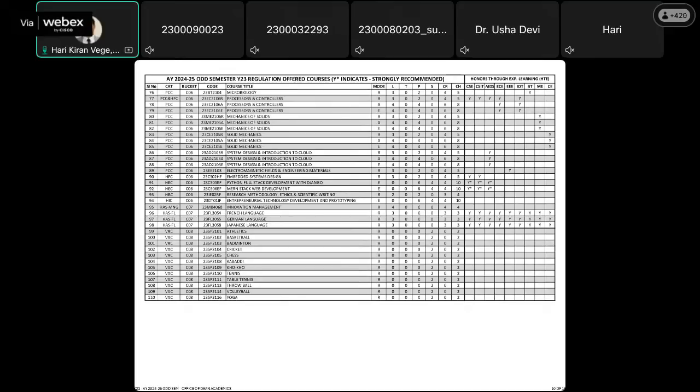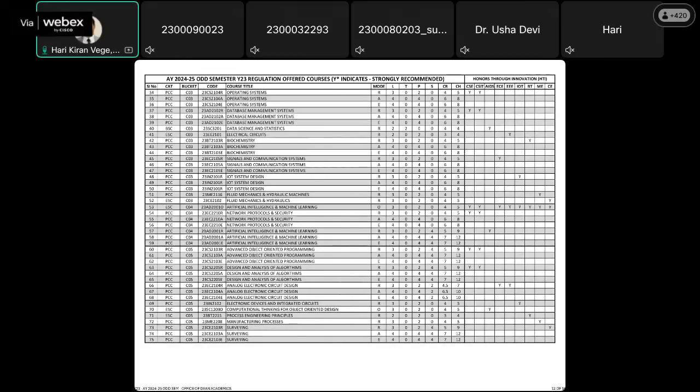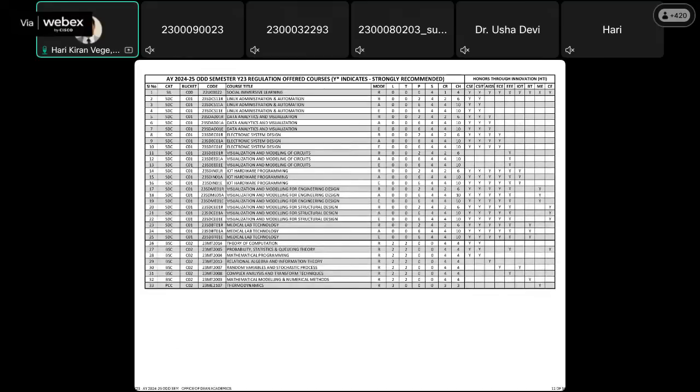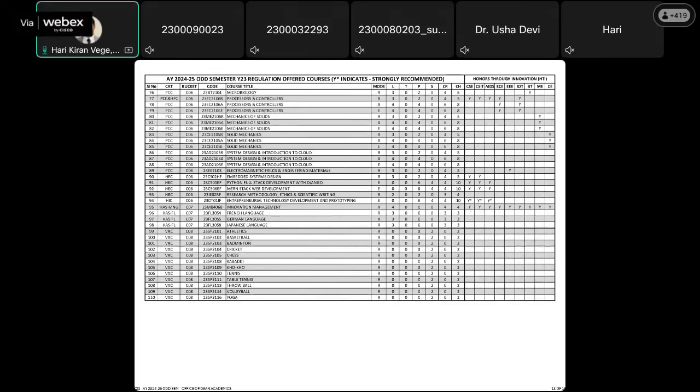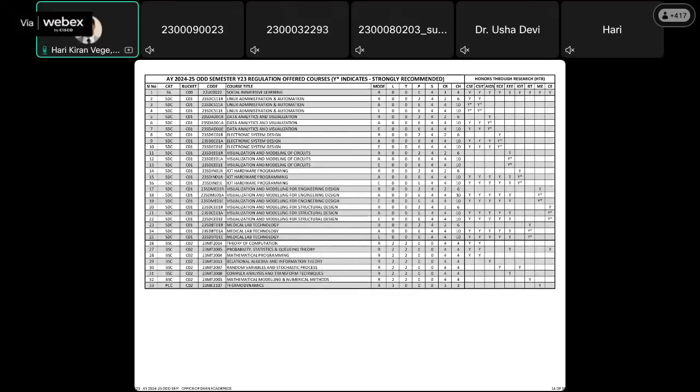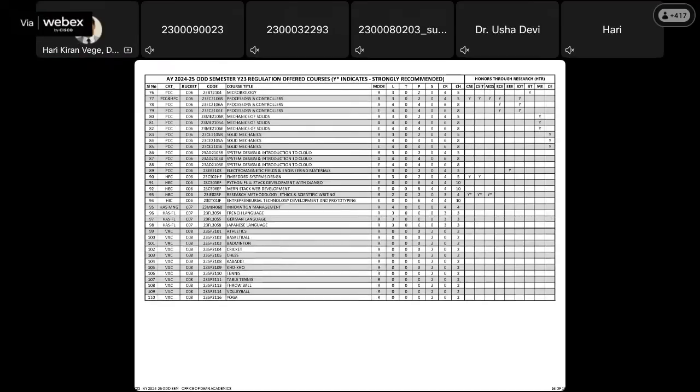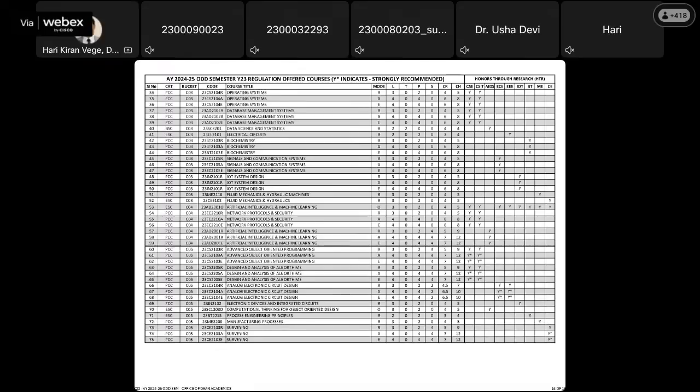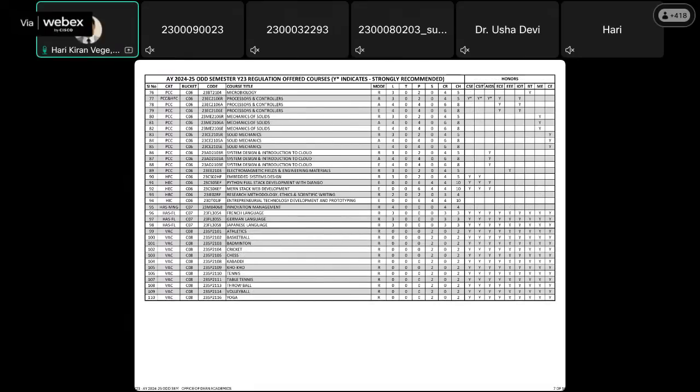If I'm an honors through innovation student, I will check page numbers 11, 12, and 13, right? Similarly, if I'm an honors through research student, 14, 15, and 16. If I'm a regular student, then page number 2, 3, 4,